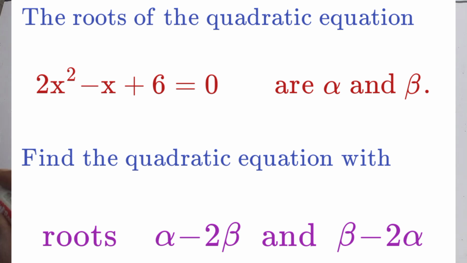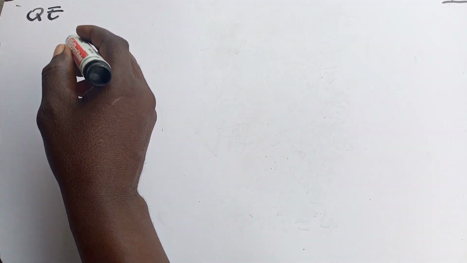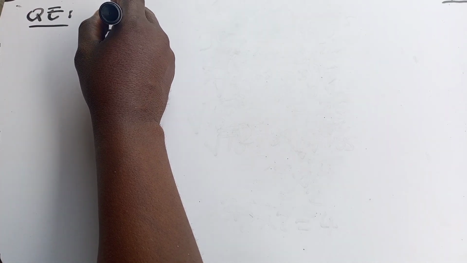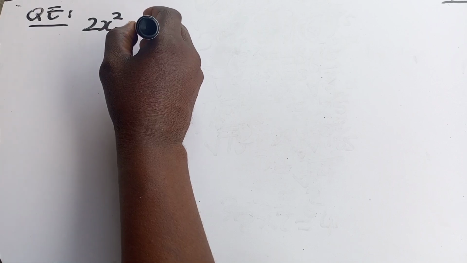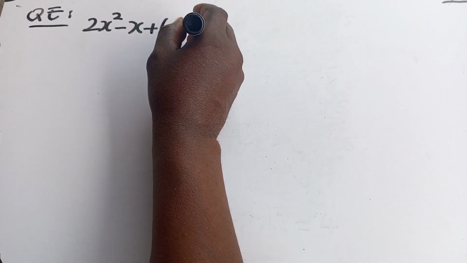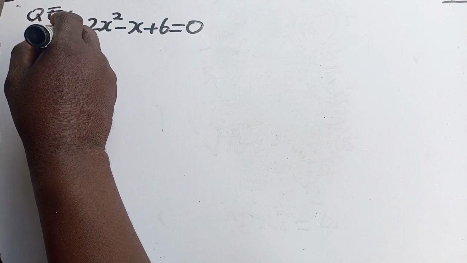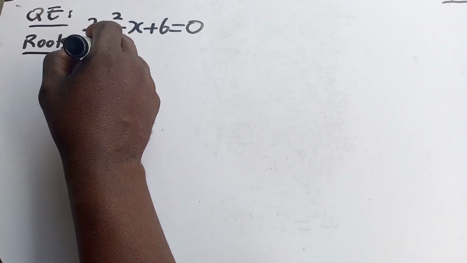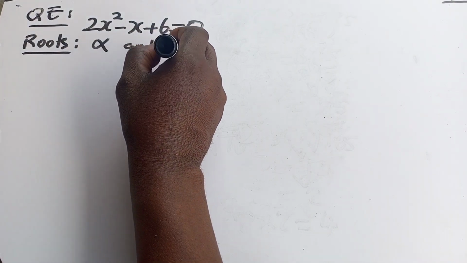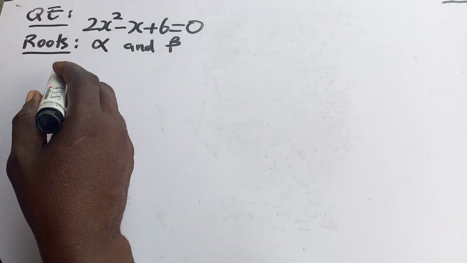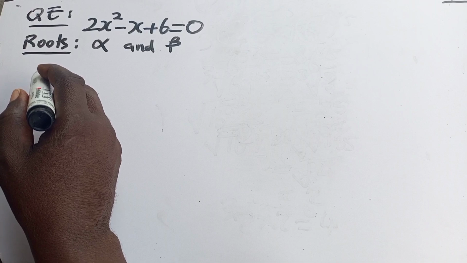Let's start. Our quadratic equation is 2x squared minus x plus 6 is equal to 0. And we are told that the roots are alpha and beta. Now, if alpha and beta are the roots of this quadratic equation, we know the properties of the roots of